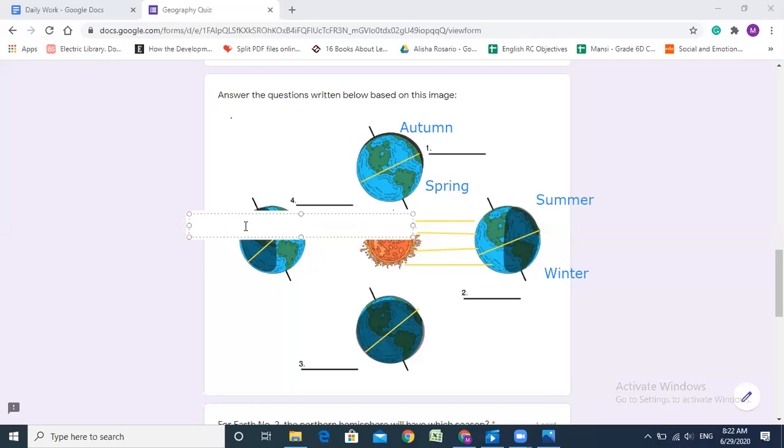ठीक है, इसमें northern hemisphere will have winter, southern hemisphere has summer because it has direct sunlight. So always if you have to find out which season, look which hemisphere has direct sunlight. In this case both have equal. So if they have equal then you need to find कि पहले summer था कि winter था. अगर पहले summer है तो फिर autumn होगा, अगर पहले winter था तो spring होगा. जिस order में seasons आते हैं, उसी order में लिखना है.